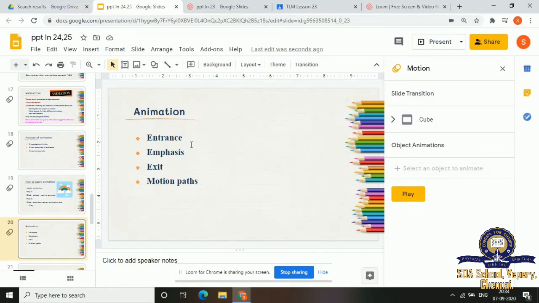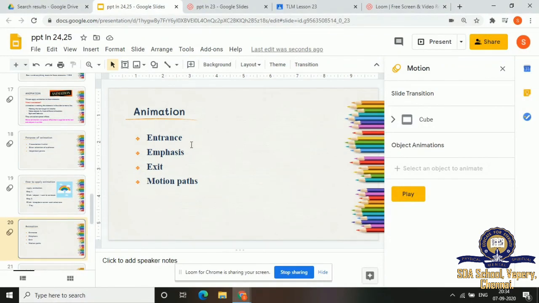For that, you have a few animations like appear, fade, fly in, float in. Likewise, you have some animations for the entrance option.